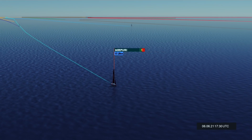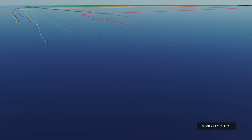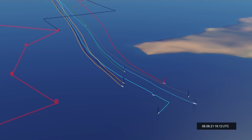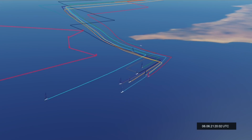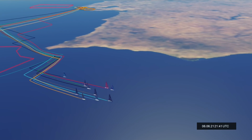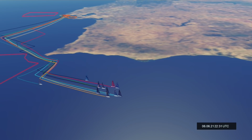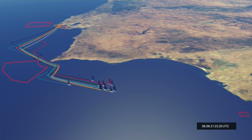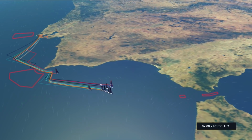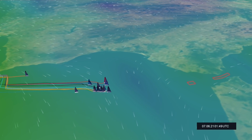So Murpuri Foundation Racing Team leading the fleet and waiting to see what move was going to be the best. And after rounding Cabo St. Vincent, everybody dialed south to try and get to the better position on the breeze. And while waiting for that light wind transition to kick in, it just didn't kick that hard. The breeze stayed pretty forgiving, and the boat speeds were above 8, 9, maybe even 10 knots for the majority